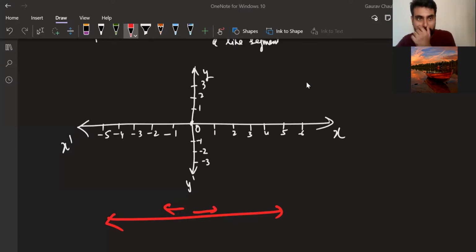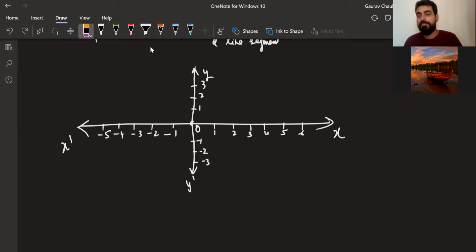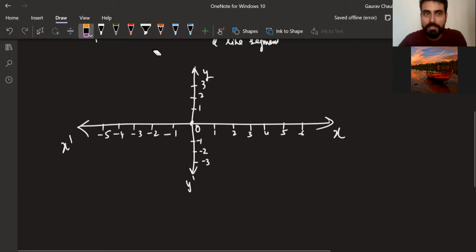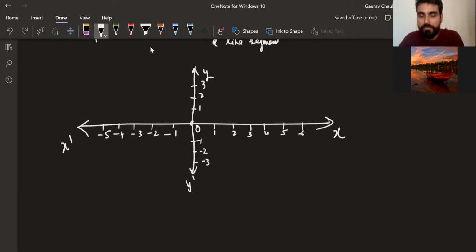Displacement, fantastic. You've come to displacement, and that's going to be actually the first thing that we're going to study here. But before we go to that, let's get some language out of the way. Suppose I talk about this particular point here. This point is labeled as A.